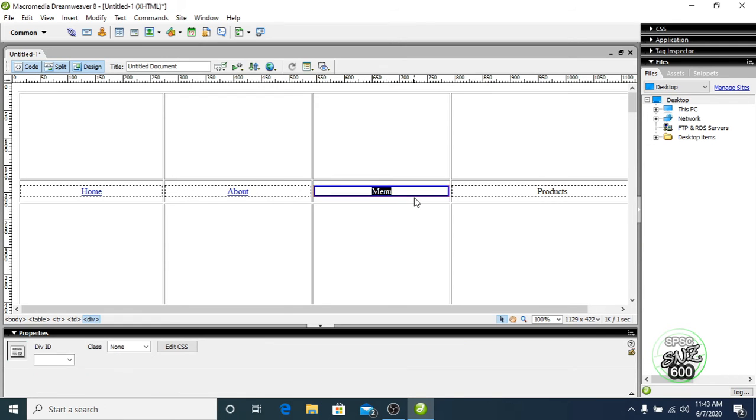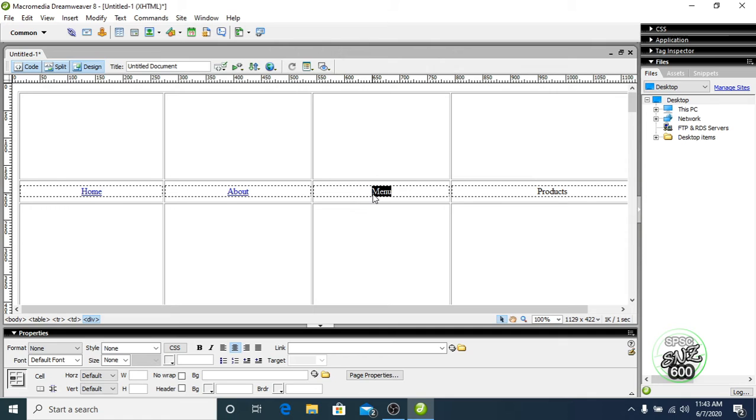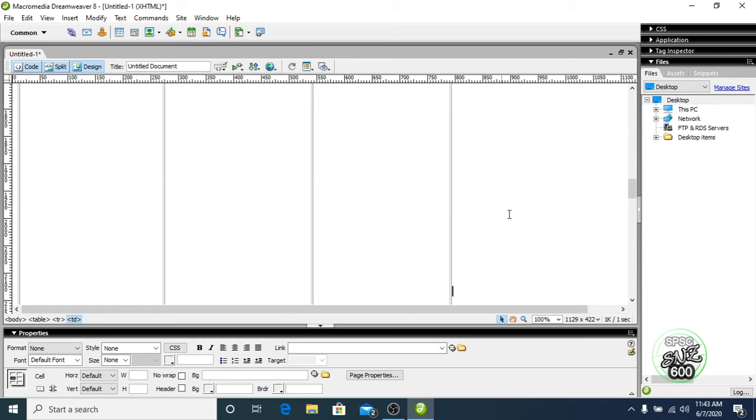Write menu.html for menu, select the products option and write products.html. So my links are created, and now I will create the pages.